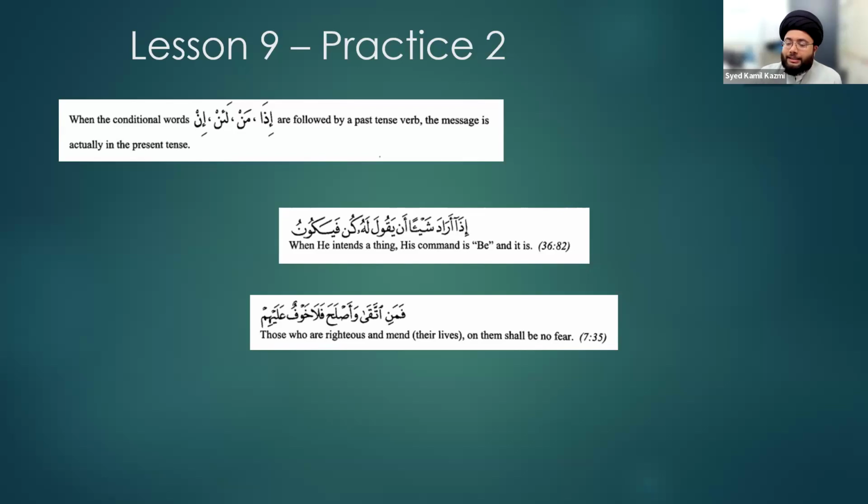There's an extensive bahs here, an extensive discourse here, as to why do we have this talk in mudari? And they say, well, mudari is very similar to an ism in some cases. And because of its similarity, it takes on another aspect of the ism, which is that it can take on an i'rab. So this is a little bit higher level in this course, but it's okay. We can understand this point that madi are all mabni. They don't change their i'rab. But mudari, right? An amil can come on a mudari and now change its i'rab for you.